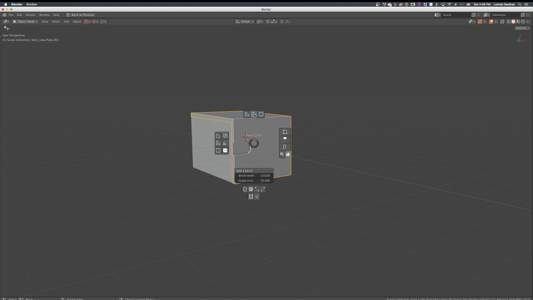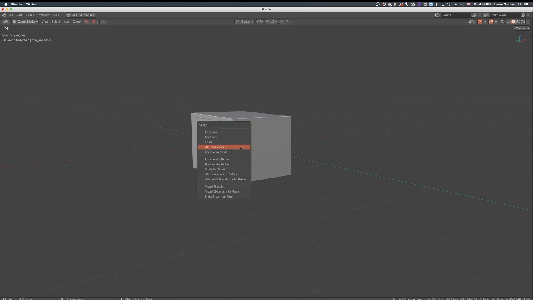But just to show you, we're going to bring up the cutters again. We're going to select this cutter, and we're going to do the same thing. We're going to bring up our apply transforms. We're going to apply all transforms to that also, just in case there's something squirrelly about that too. And now, with that selected, we'll go back in here, hit our edit button, and now when we go to mirror,